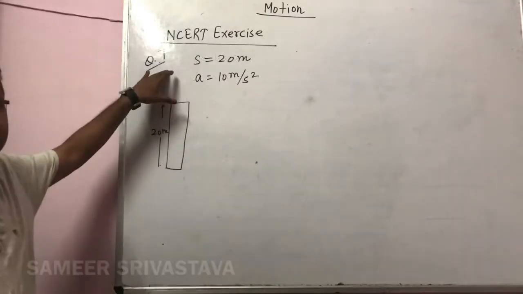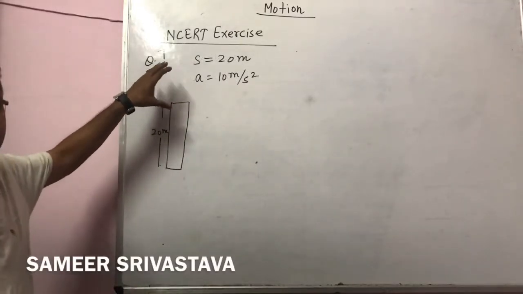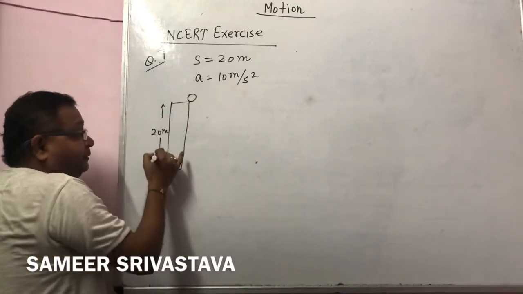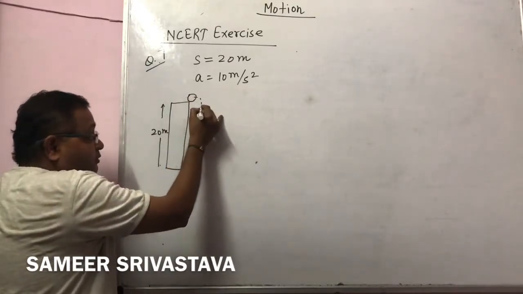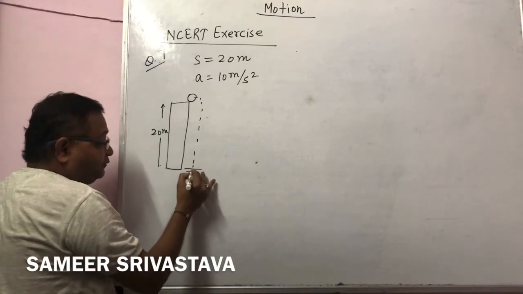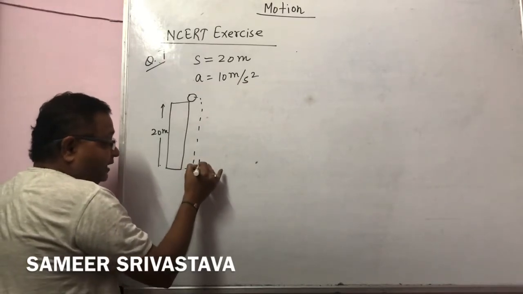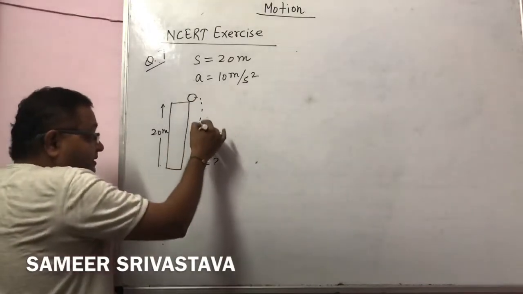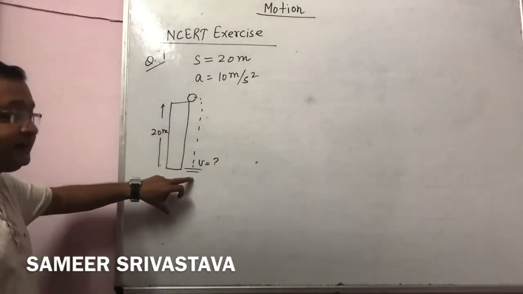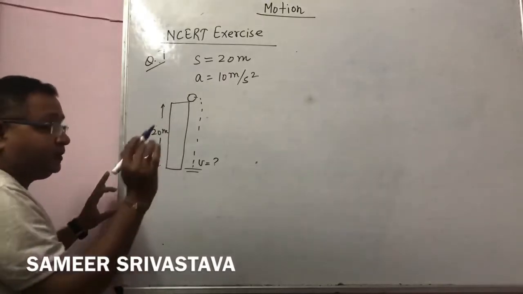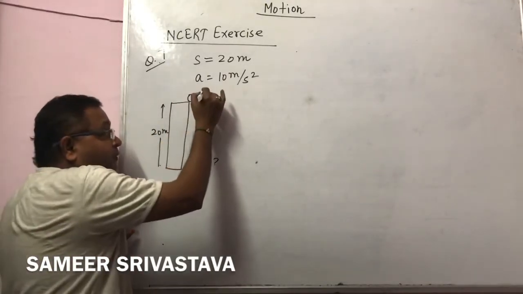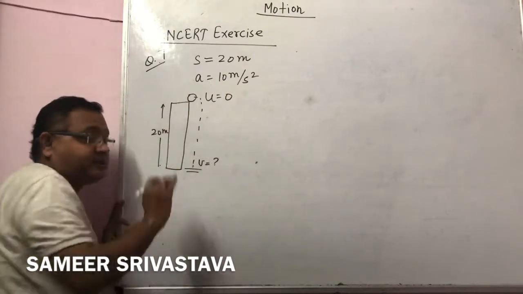Okay. The question number 7. In this question, the question says a ball is dropped from the height of 20 meter and it reaches to the ground. Now we have to find, before strike the ground, what is the velocity of that ball, as well as how much time it takes to reach at the ground. Right? Here always remember, when a ball is moving from top, its initial velocity is 0.